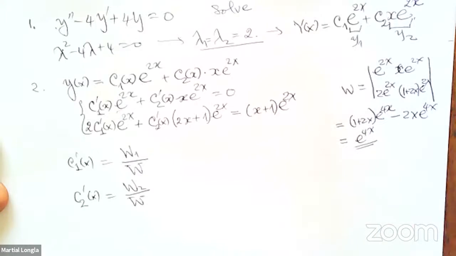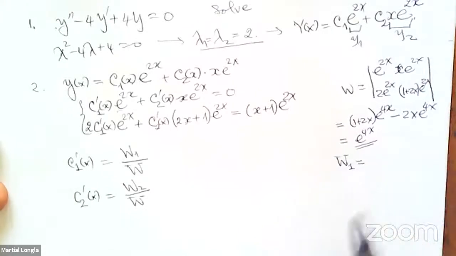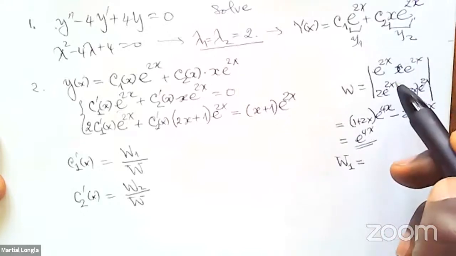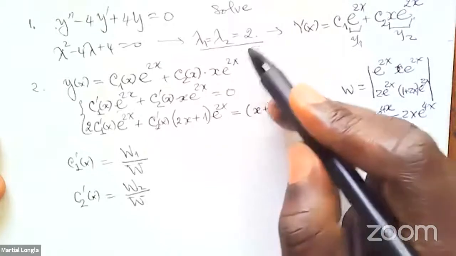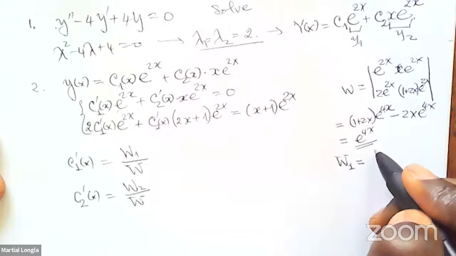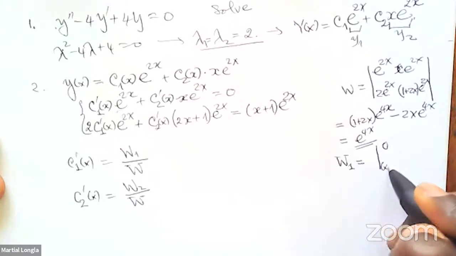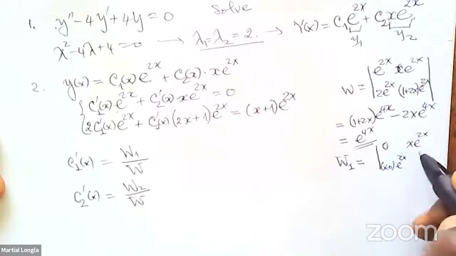That's W. And W1 is obtained by replacing in W the first column by the right-hand side of the equation, 0 and x plus 1. So that is 0, (x plus 1) e to the 2x, and then keep the other one,